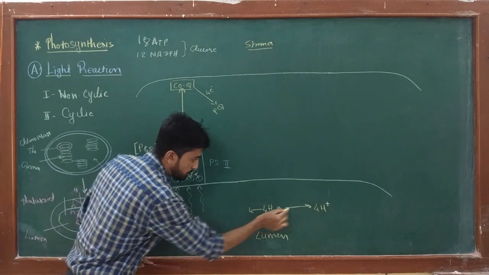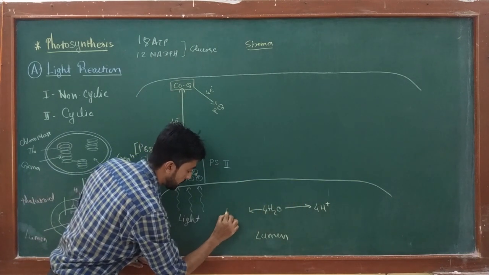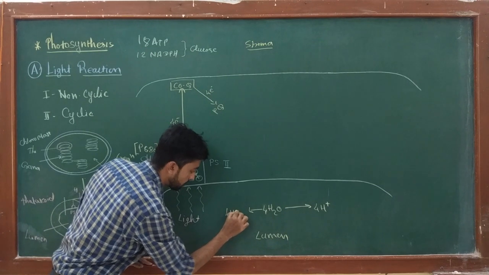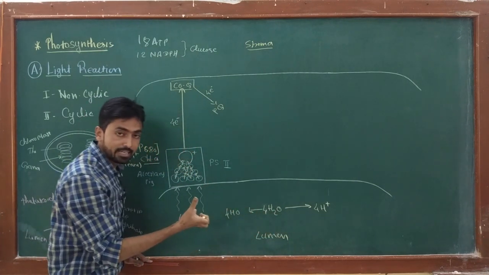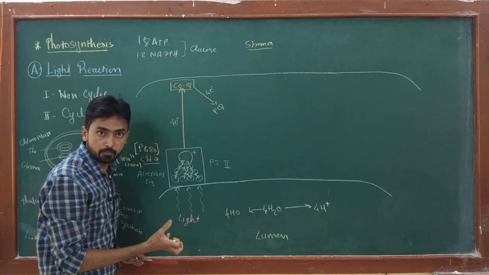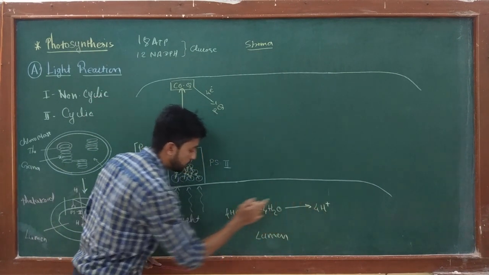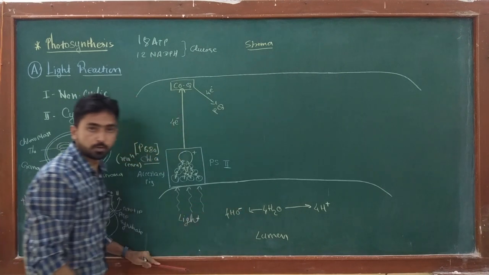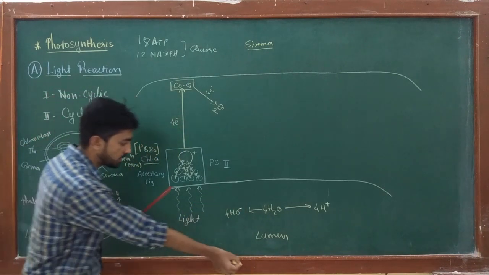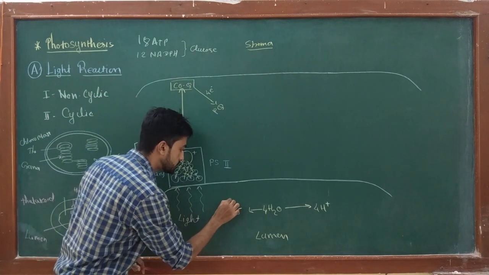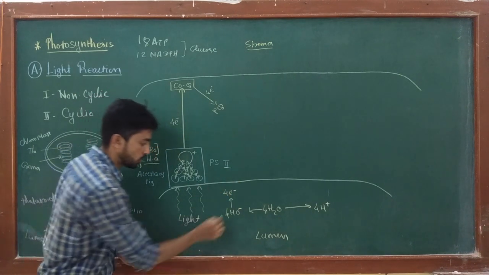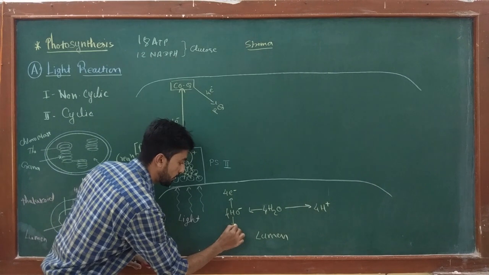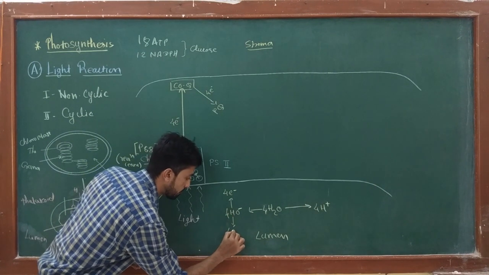While after releasing 4H plus, what remains behind? 4HO. Okay, that means 4H2O molecules get split. It is called photolysis of water. Okay, and 4H plus and 4OH minus is produced. Now this 4OH minus gives 4 electron. Okay, and due to release of the electron, 4OH minus converts into 4OH